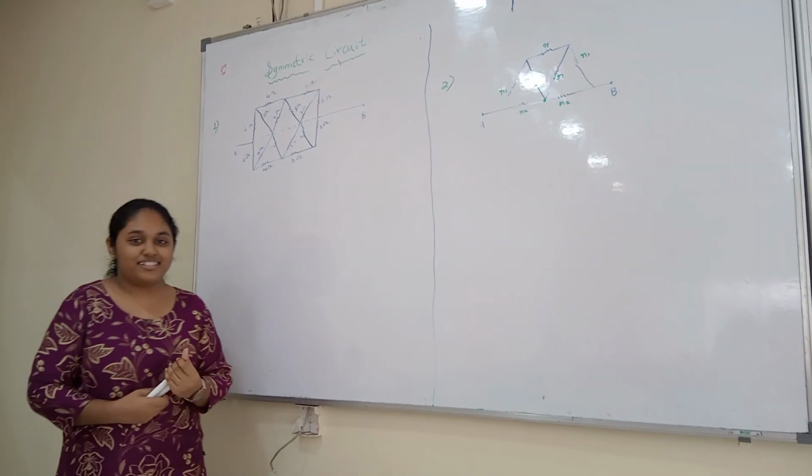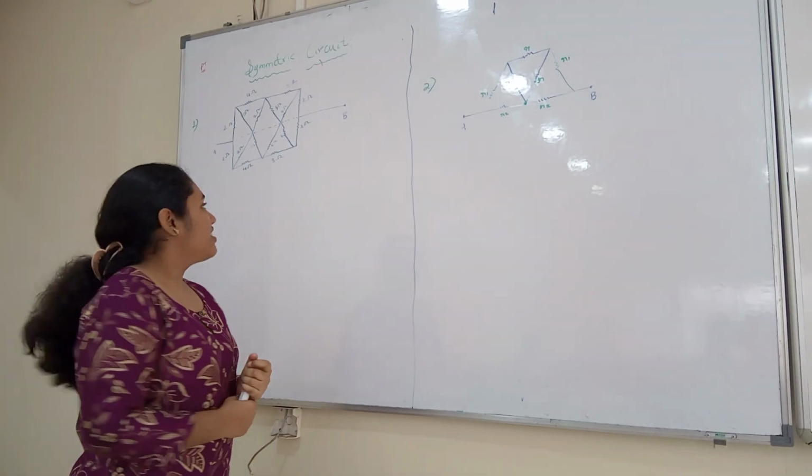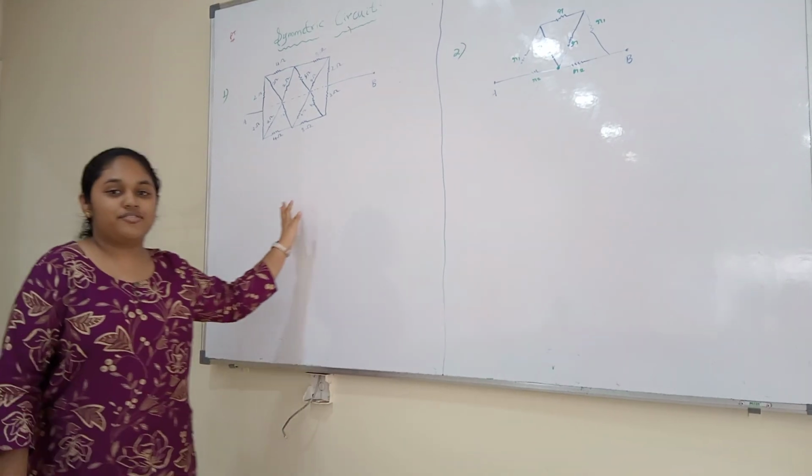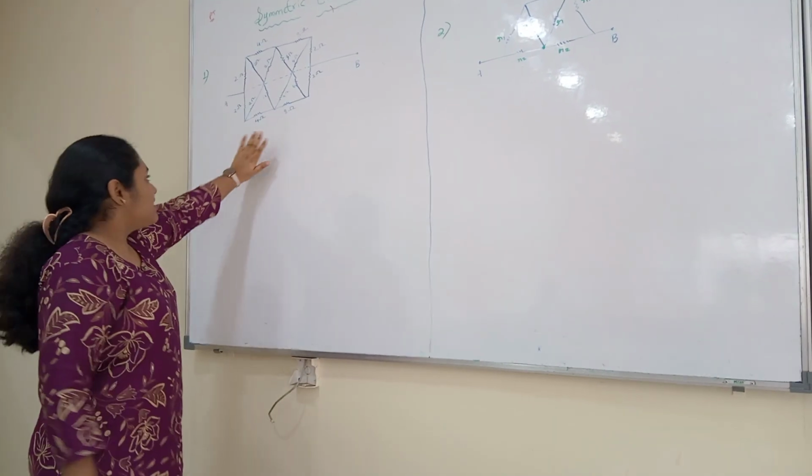Today we are going to learn symmetric circuits in physics. It is a special type of circuit where we cannot see series or parallel combinations. For example,